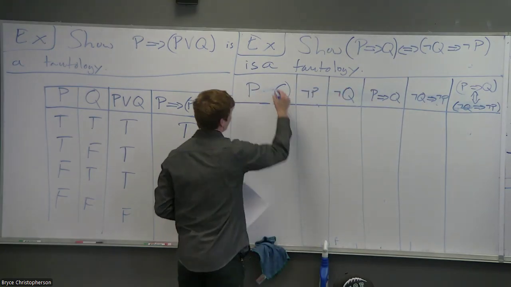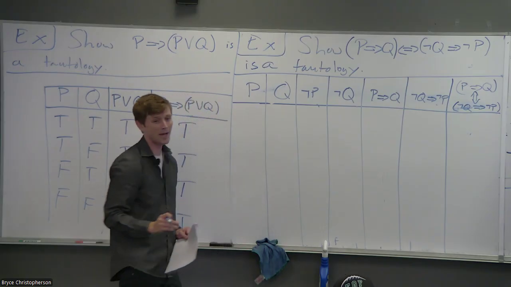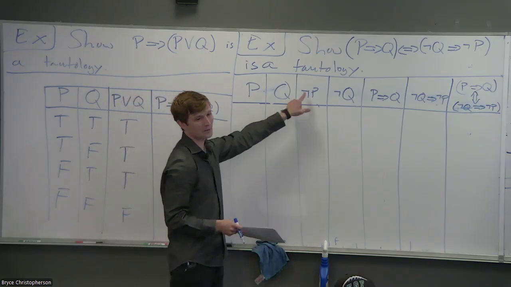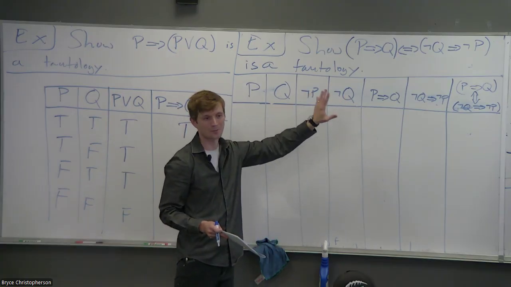So lots and lots of columns, a bit more in depth than you need to. I don't think that most people need the not P and the not Q column, but just to be careful,